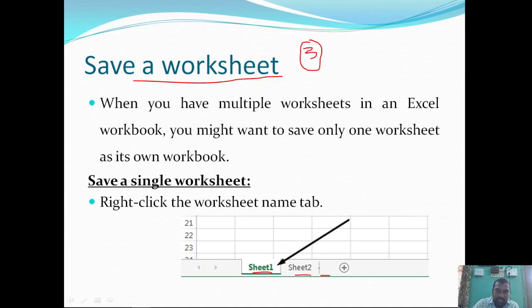When you have multiple worksheets in an Excel workbook, you might want to save only one worksheet as its own workbook. So here we are going to discuss saving a worksheet as a separate workbook.